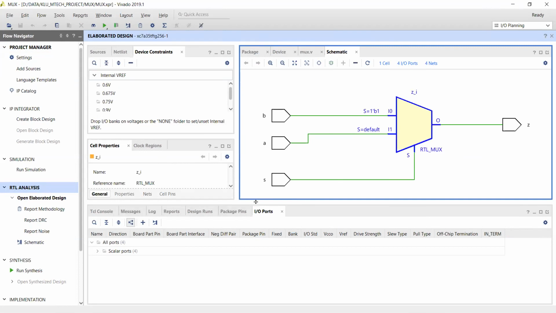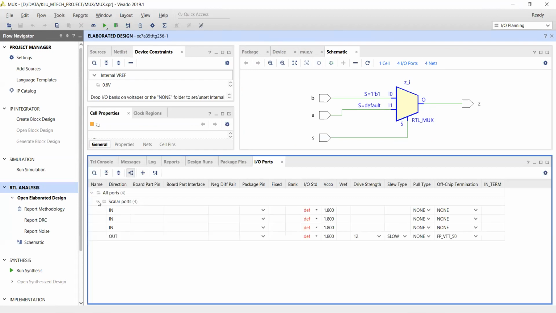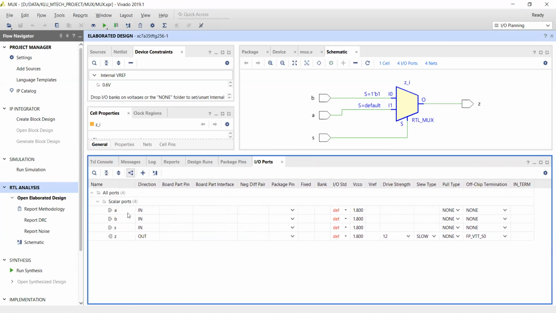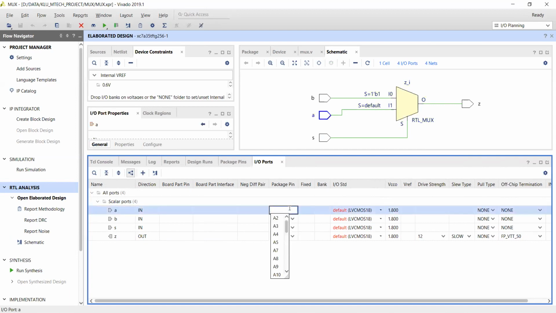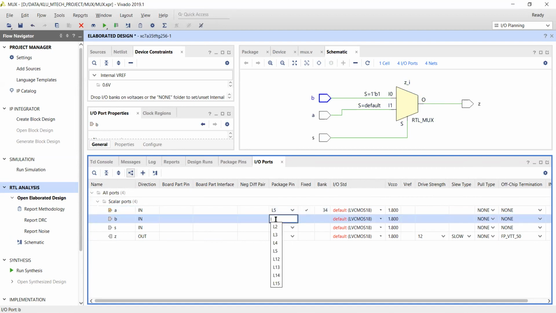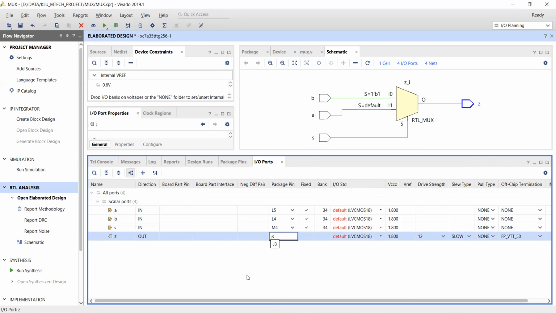Here you can see there are IO ports available in the window. These IO ports are scalar ports, which are nothing but your input and output ports. Here you need to give the pin descriptions and IO standards according to your target hardware board. So I'm giving L5, L4 and M4 as my input signals and J3 as my output.